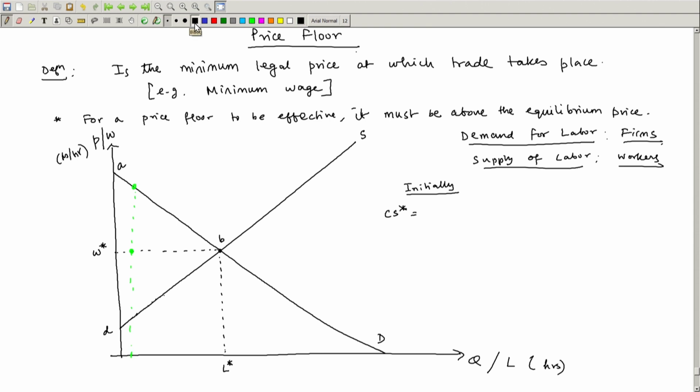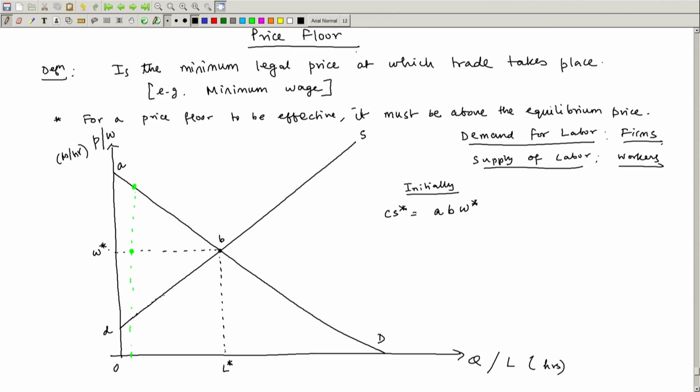So, if I aggregate all these gains from the 0th unit till the L starth unit, I will have the area A, B, W star, right. So, the consumer surplus is the area A, B and W star, because you are going to be aggregating these gains. Now, for the producer